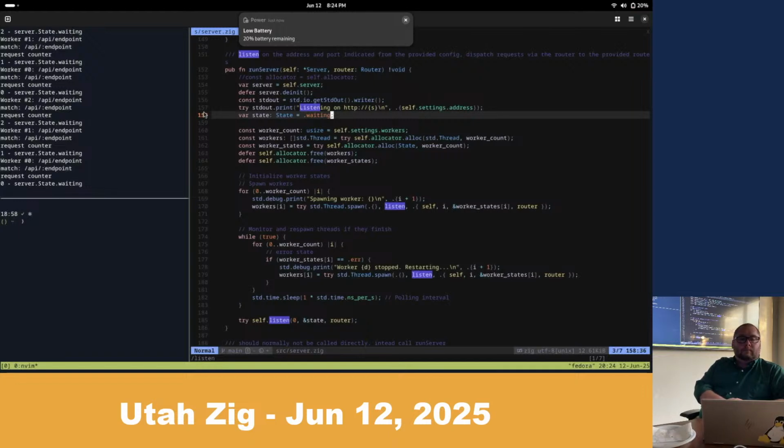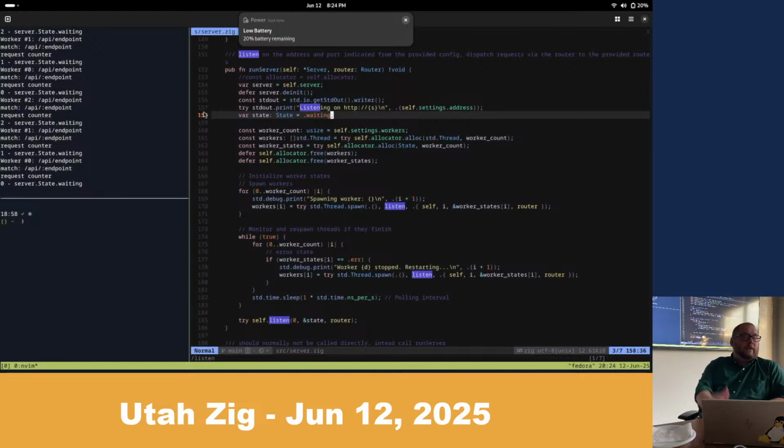Yeah. Okay. Let's look at the simplest sort of load balancing we could do for this server. And that is we're going to spawn multiple threads. We're not going to use any kind of advanced message parsing. We're going to listen for the state of the threads, but the traffic only needs to be one directional, so it can literally be just a pointer to an enum where the different workers can set that value of an enum, and they can set it to be an error if they errored, and you can do that with errdefer in Zig.